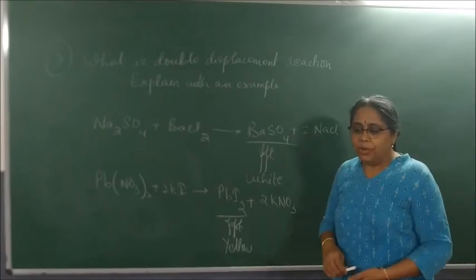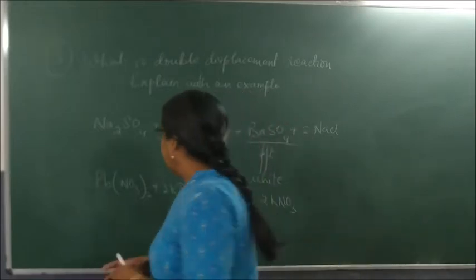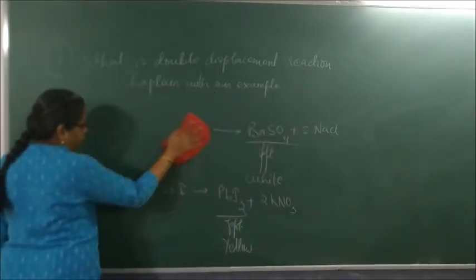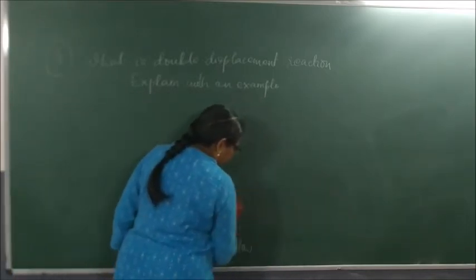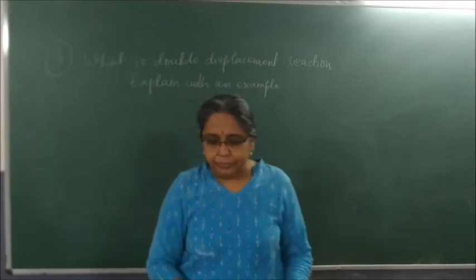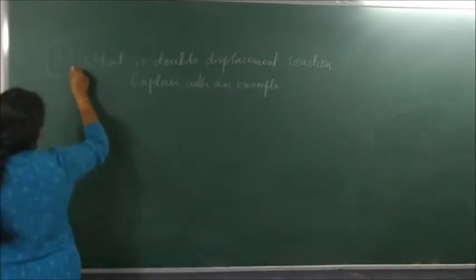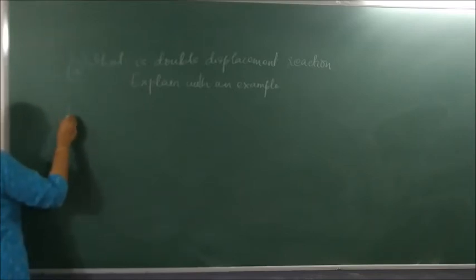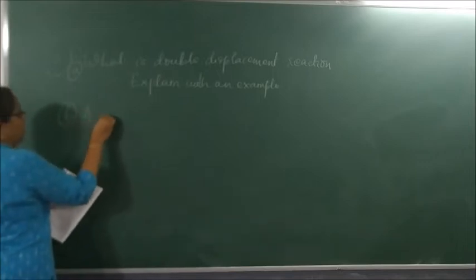Okay. Now coming back to the next part of the question of 5 marks. This is the second part of the question. I don't know the question number. It is 5 marks. Then the B part of the question: a small amount of quicklime